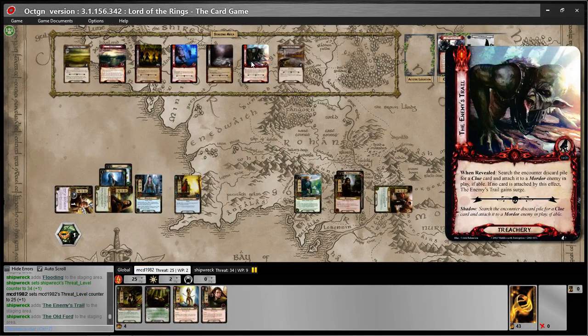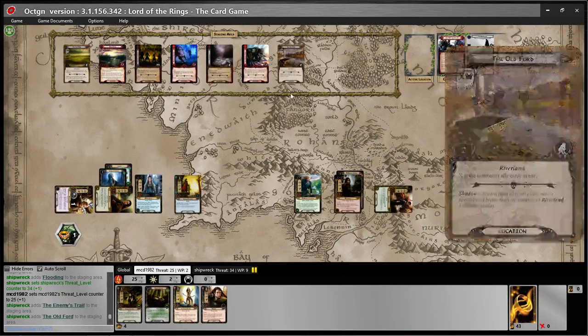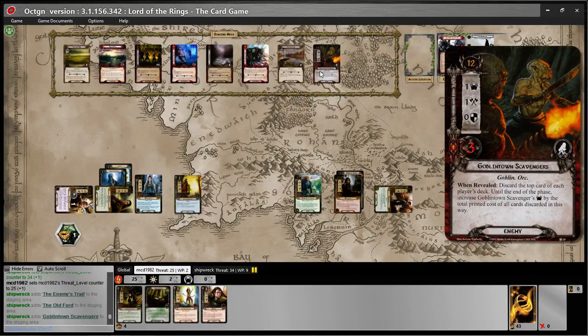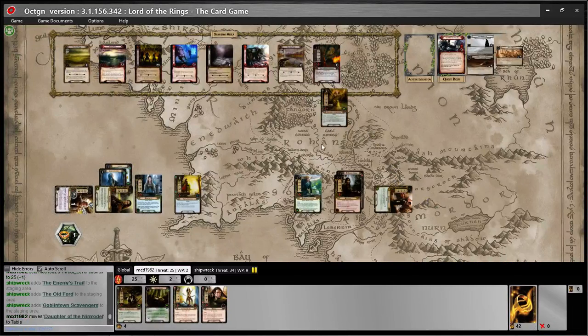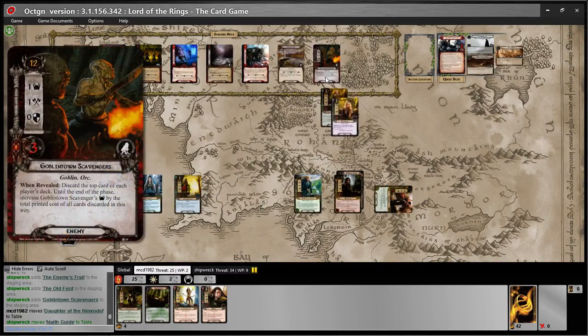Okay. X is the number of ally cards in play, so 1. Yeah, lots of locations. So 2. So we still have 2 more cards? We are, aren't we? I believe so, yeah. Gosh. So that was the second card. That was the first card. Massing was the first, so we need 3 more. Still 2 more cards. That's crazy. Okay. There's an enemy. When revealed, discard the top card of each player's deck until the end of the phase. Oh my. Increase Goblin Scavengers. Oh, jeez. Of course. Oh, no. And the final card is